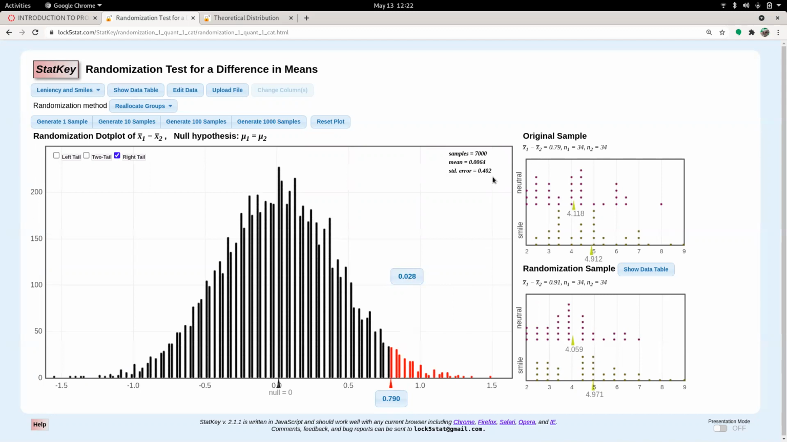It's 0.402. Is 0.028, 2.8%, similar to 2.5% or 2.4% at a significance level of 5%? The answer is yes, they are similar. They both lead to the same conclusion. So it looks like, according to this data, that smiling might lead to more leniency in the discipline if you were accused of